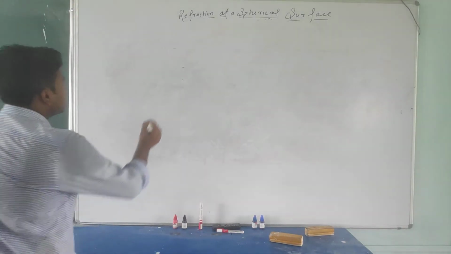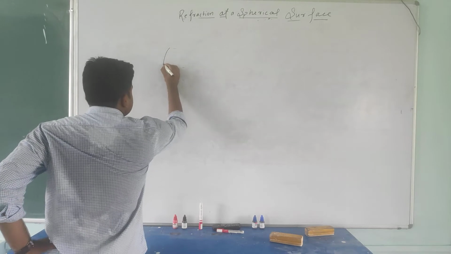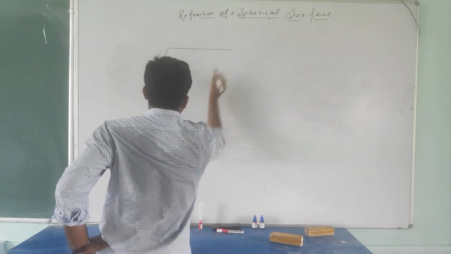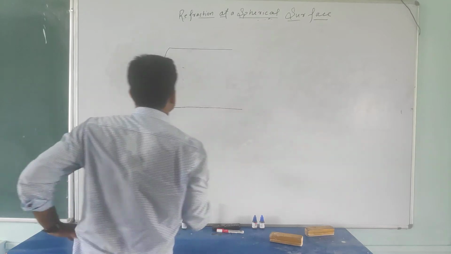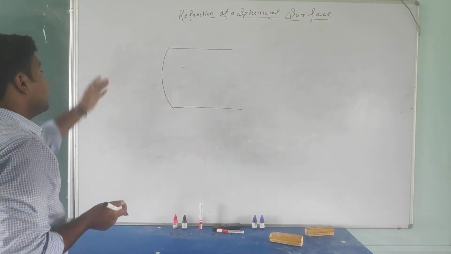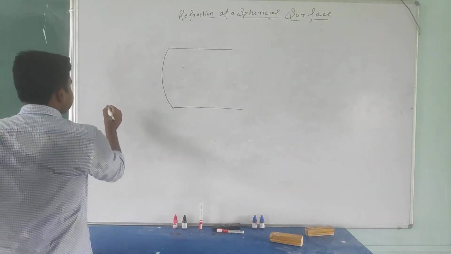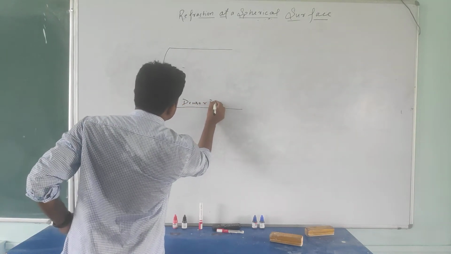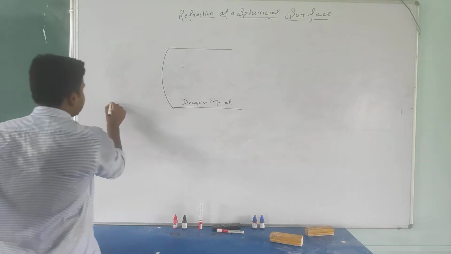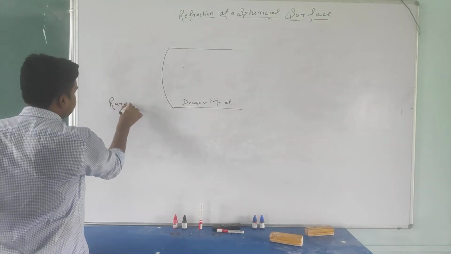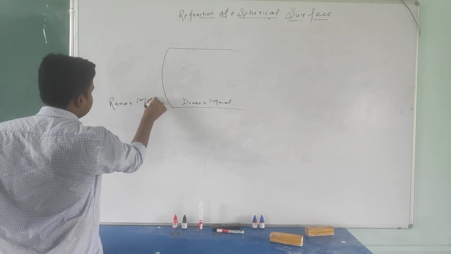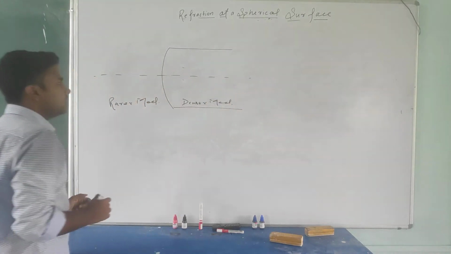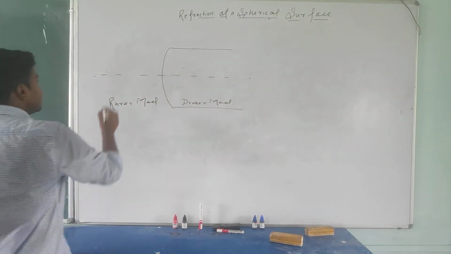Okay, so now student, again this is the convex part, and this convex is towards the rare medium. So I am assuming this one is the denser medium and this one is the rare medium. Okay, student. So now look at this. This one is the principal axis, and if our object is placed at this point,